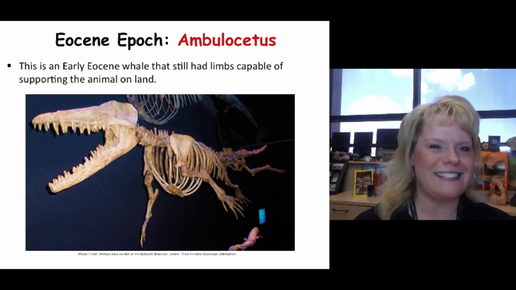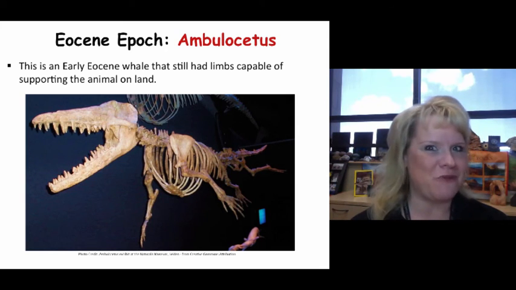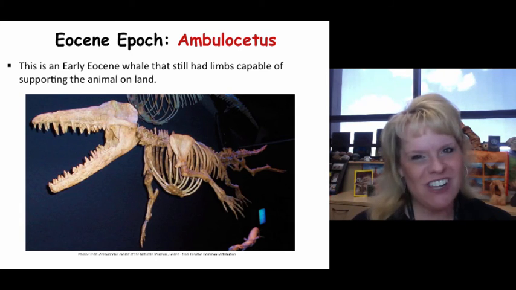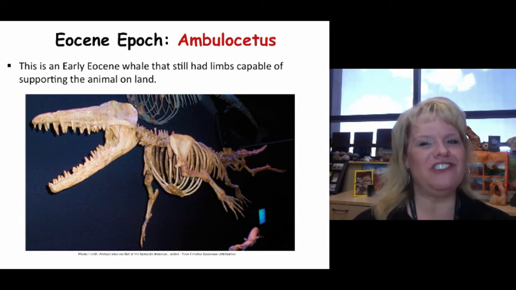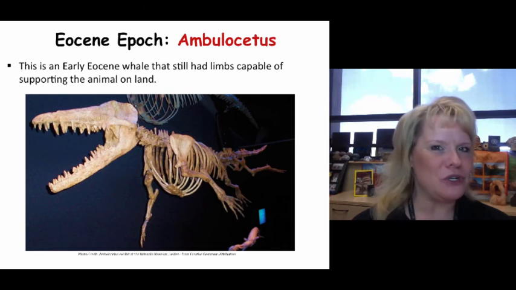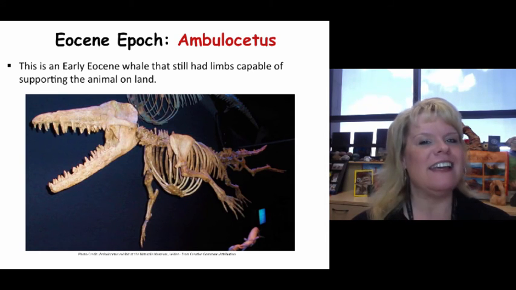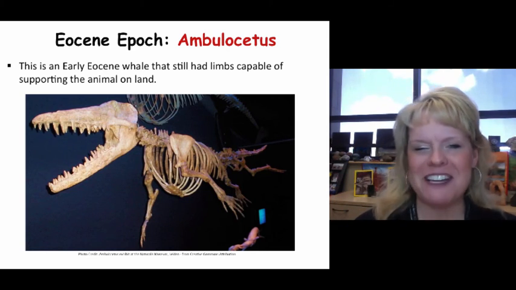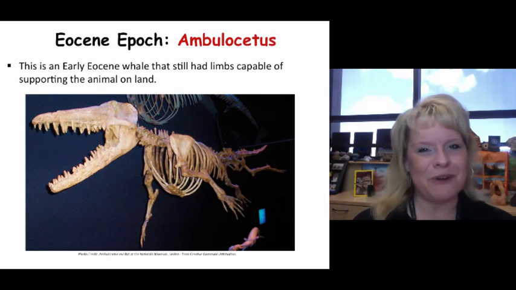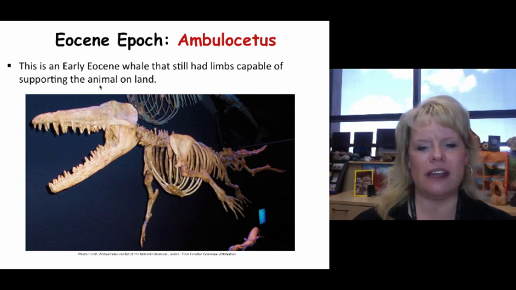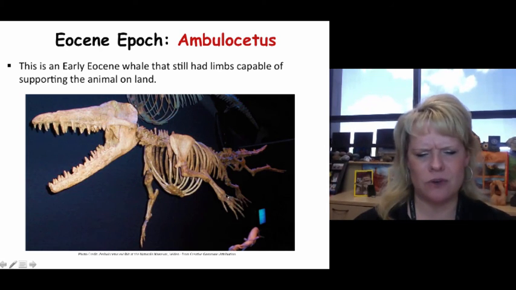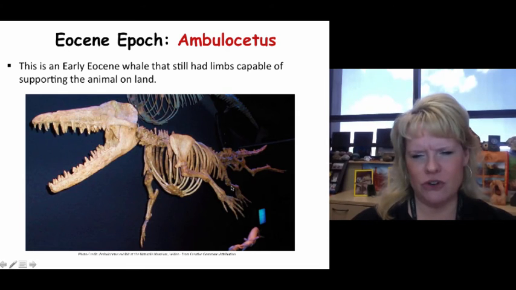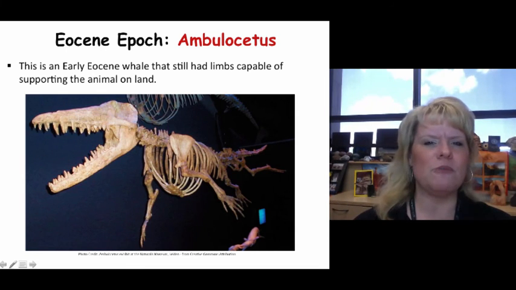Ambulocetus is the next animal, which is one of those that we were going to talk about with whales. This is an early Eocene whale that still had limbs that would allow it to maneuver on land. So that's kind of an important evolutionary jump. Remember, it's an artiodactyl, right? Well, it's been reclassed, so make sure you know that. But nevertheless, this animal still had the bone structure it needed to maneuver on land. You're looking at it right here, see this material that actually still had 4 limbs, and that's important.